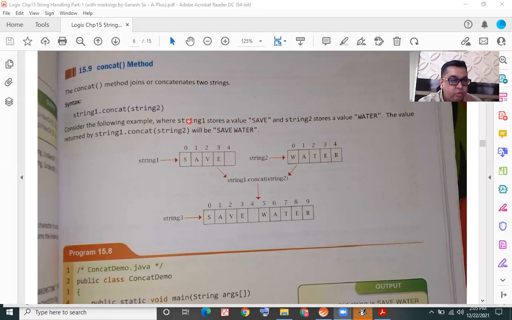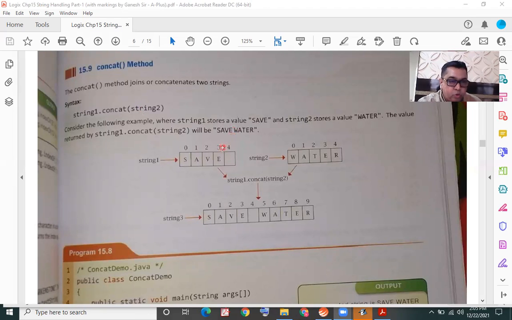One string by the name string 1 storing save, and string 2 storing the string water. And then the example is string 1 dot concat bracket string 2. So the concatenated string would be save water. Okay, there is no space over here.